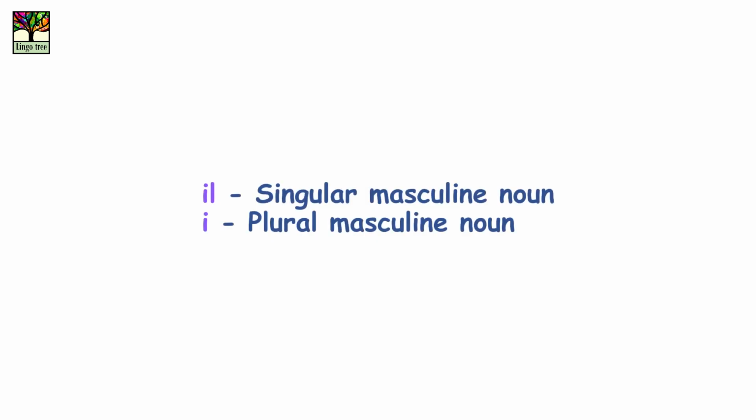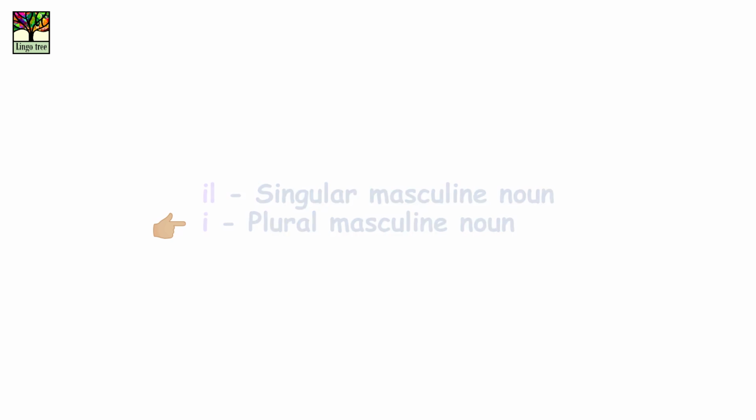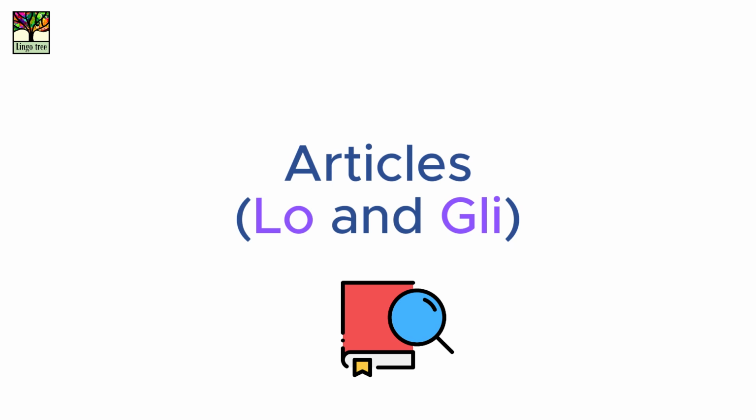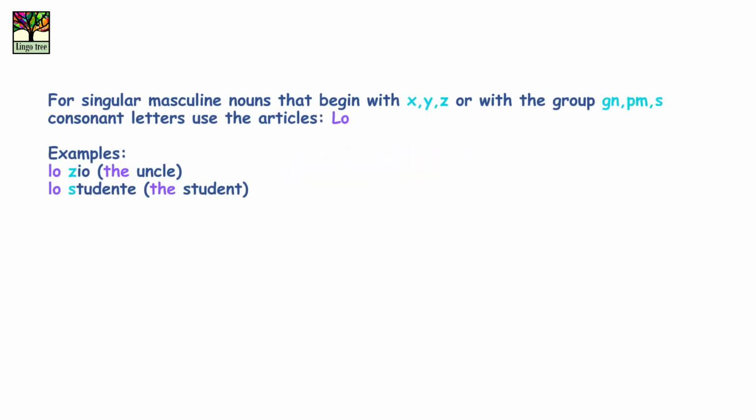Now you know that for singular masculine nouns that start with a consonant letter, we use the article, il, and for plural masculine nouns that start with a consonant letter, we use the article, i. Let's move on to the next type of articles. Lo, gli. For singular masculine nouns that begin with x, y, z, or with the groups gn, ps, s plus consonant